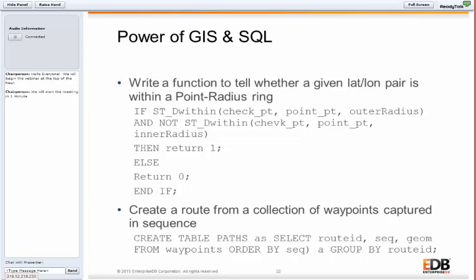We can create a collection of waypoints that were captured in a sequence. So we're just going to use some SQL here. We're going to create table paths. So we're going to turn a collection of waypoints into lines in the database. So create table paths as selecting our route ID, our sequence, and our geometry from this waypoints table. And then we're going to order it by sequence, and group by the route ID.